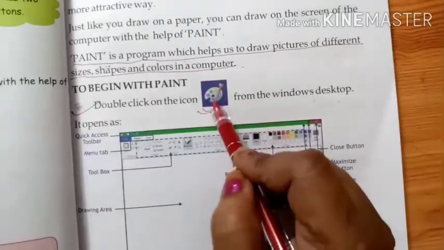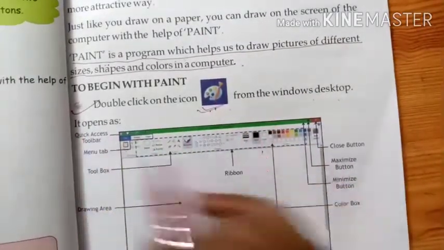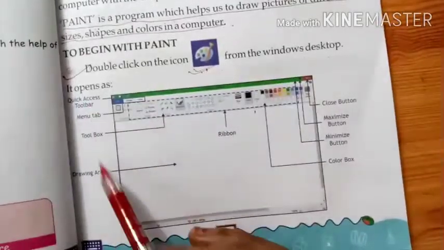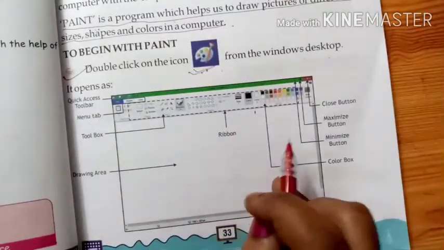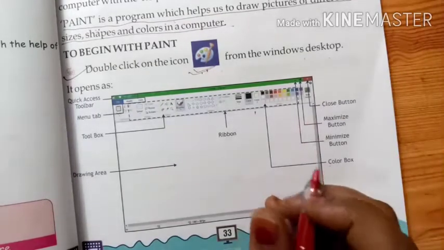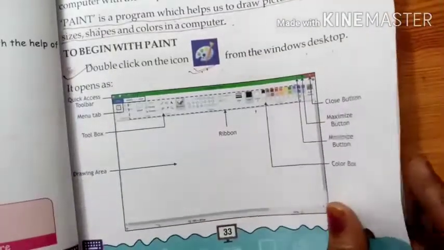When you double click on this icon, your paint screen is opened. This is the paint screen. Here you can see different options are given, and each and every option is very useful and very helpful for drawing the picture in your computer.